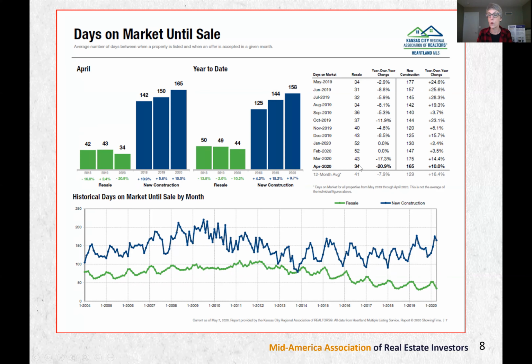And I think part of the reason for a house selling that quickly in this past month was there were so few houses on the market that if you had a house for sale, the buyers out there were motivated and they were snapping up everything they could get, as long as it was priced right to begin with.